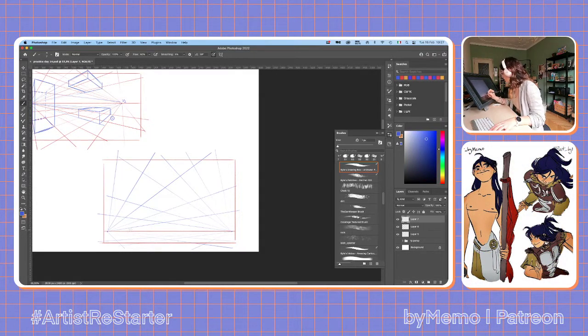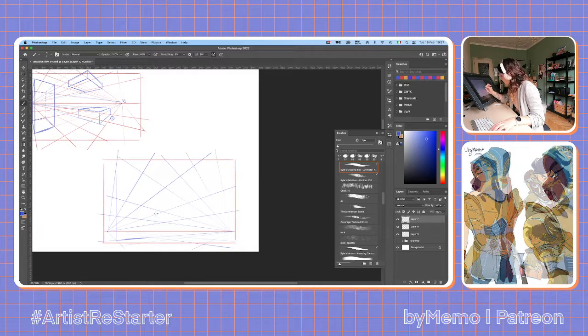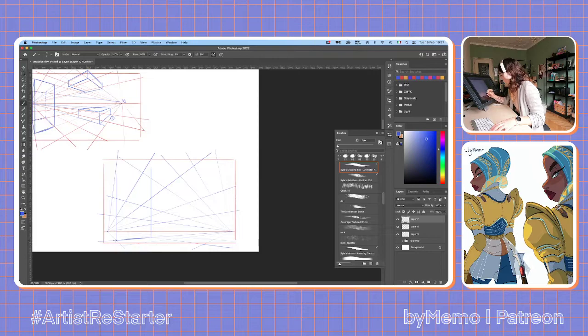Okay, so for example, if we're drawing some buildings,